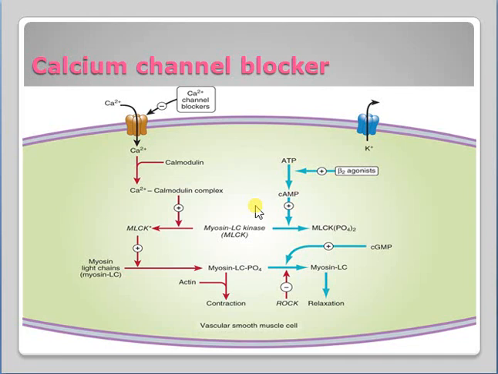Calcium channel blockers are the next category of drugs that are used for treatment of hypertension. So we will study the basic mechanism associated with the calcium channel blockers. So this is the cell membrane on which these calcium channels are located. So whenever there is activation of calcium channel, there will be opening of this calcium channel, which can lead to